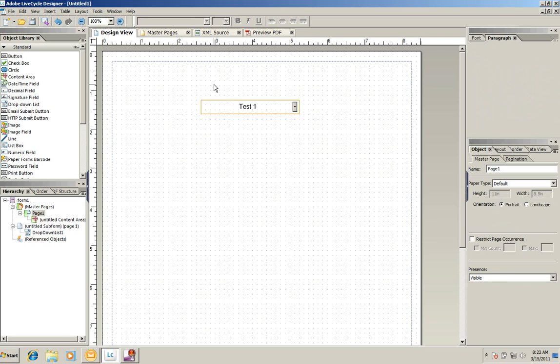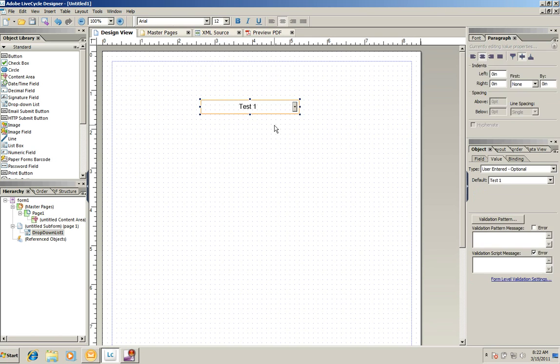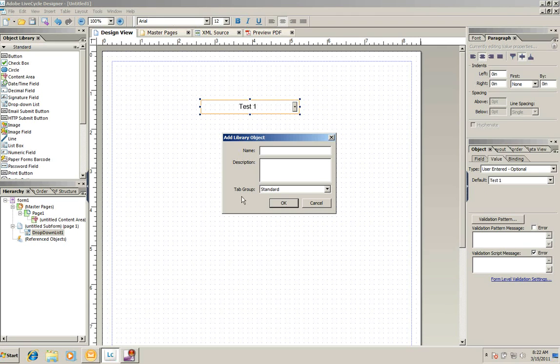If I want to save this object for future use in other forms, all I need to do is highlight the object and drag and drop it back into the object library. When I do this, a dialog box opens asking me to add library object. So I can name this object,